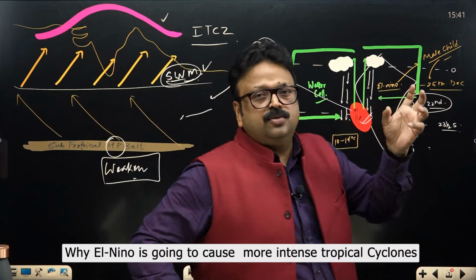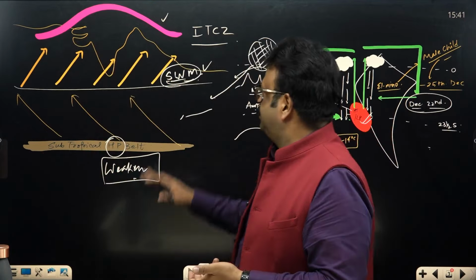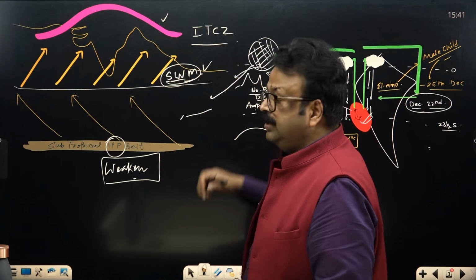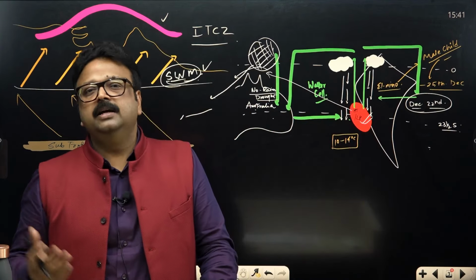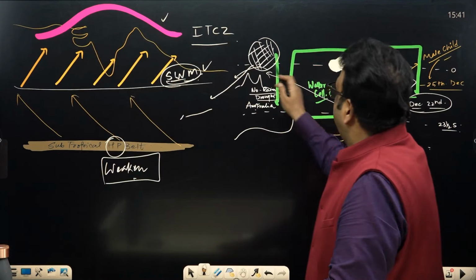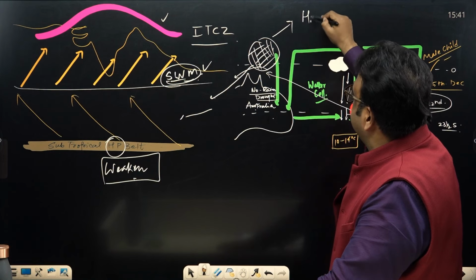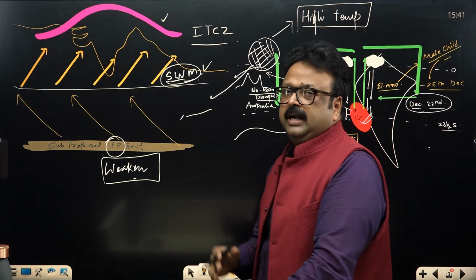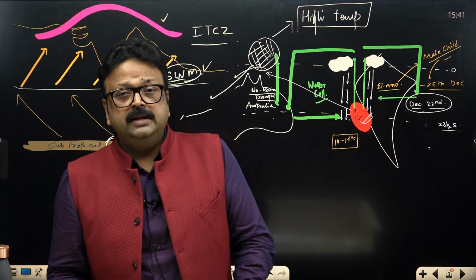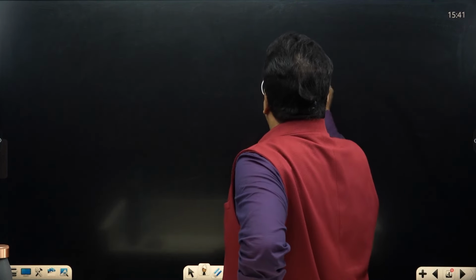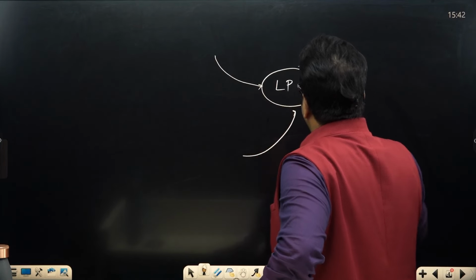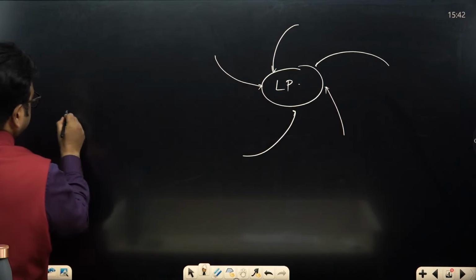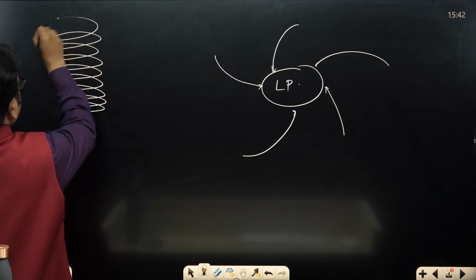Again, why is El Nino going to cause more intense tropical cyclones, especially in the South China Sea, near the Philippines, near Japan, as well as why it is going to intensify the Willy Willies? Willy Willies is a tropical cyclone. The reason is the same, the warm water accumulating in this region. Warm water, that means high temperature water accumulating at this coast, and where there is high temperature there will be low pressure, and whenever there is low pressure in the northern hemisphere, what happens? You will find that the winds come over there and create a vortex in which direction? In an anti-clockwise direction in the northern hemisphere, and they start moving up, and this is what we call